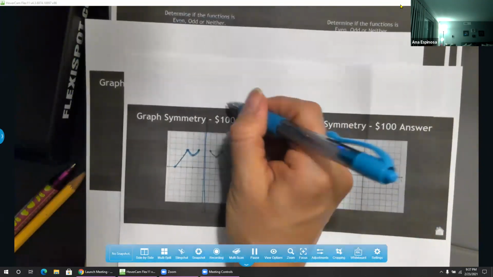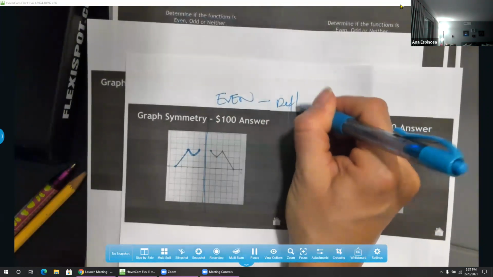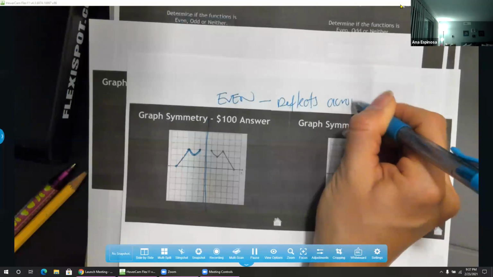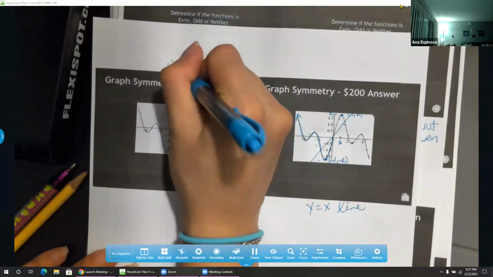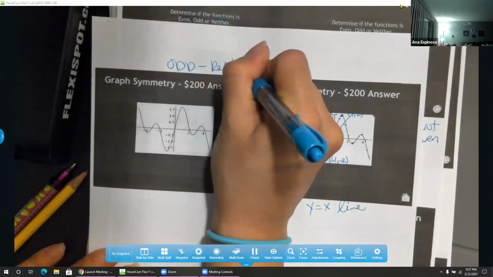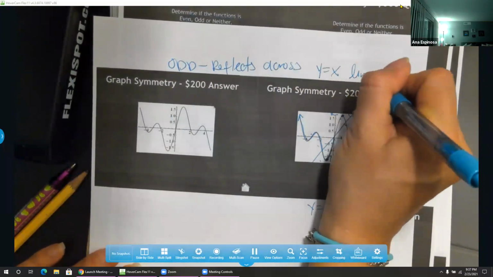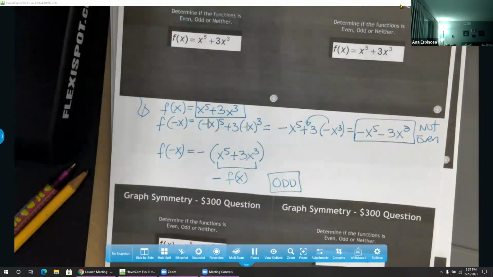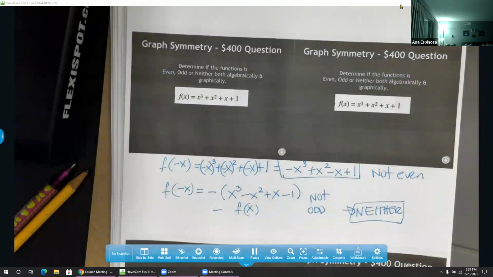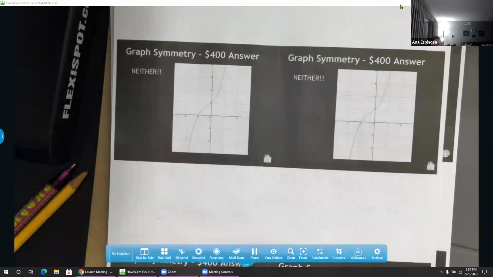Okay, so this right here is an even graph because it reflects across the y-axis. Okay, for odd functions, they reflect across the y equals x line. Okay, all right, so this is an odd, this is a neither, and this is a neither, all right, because